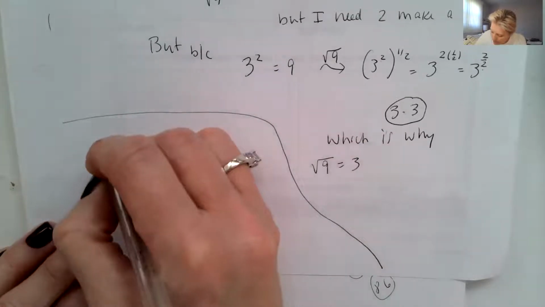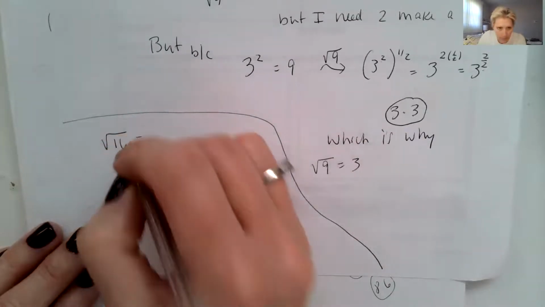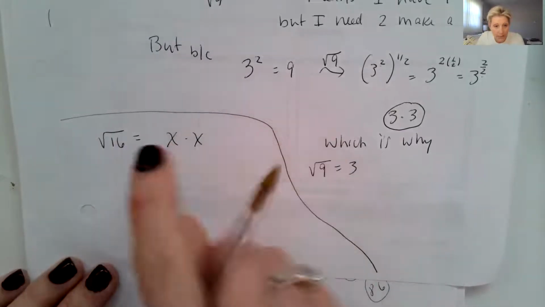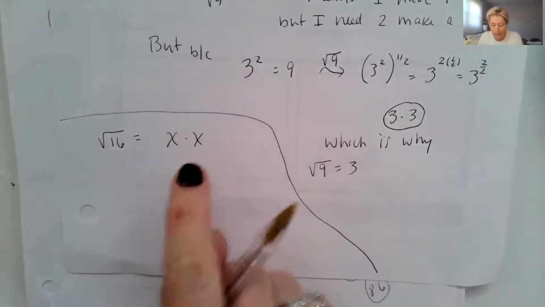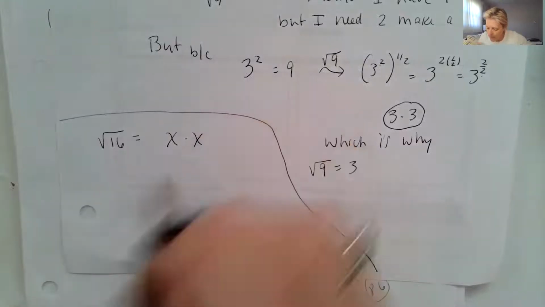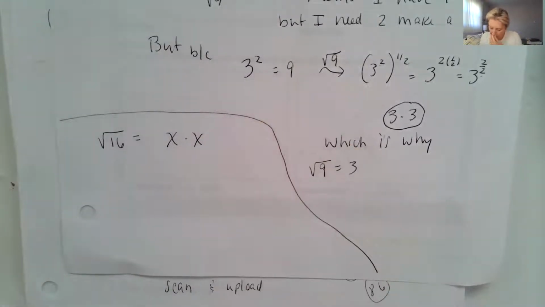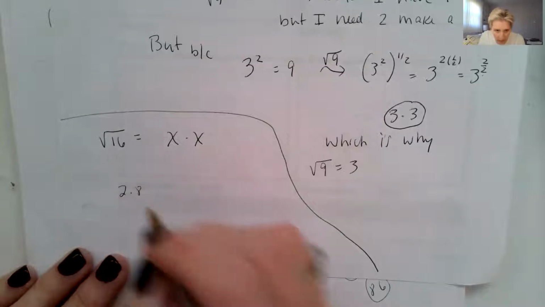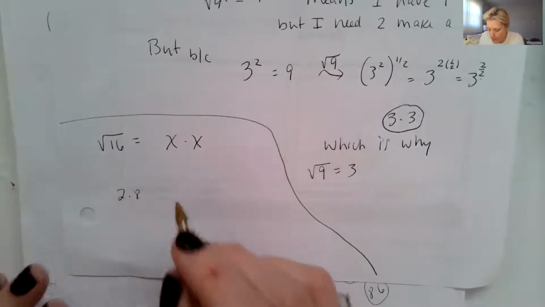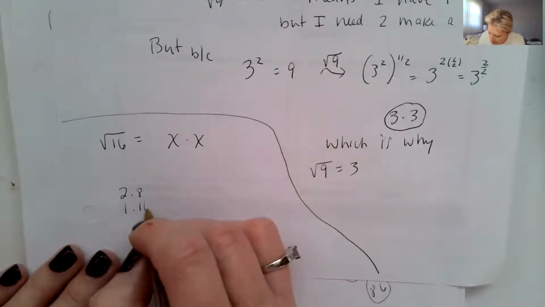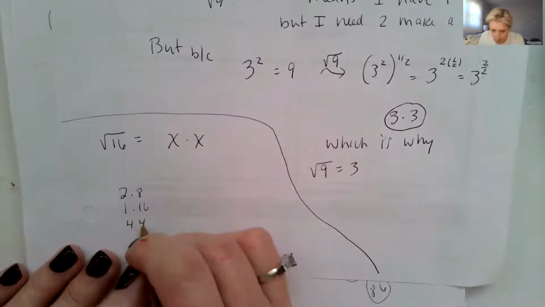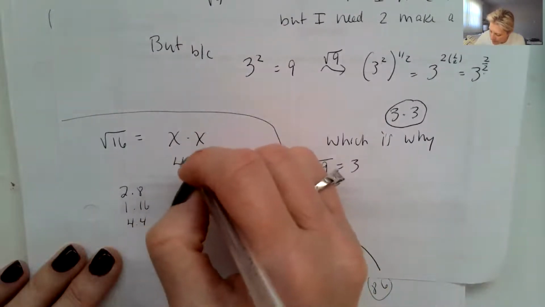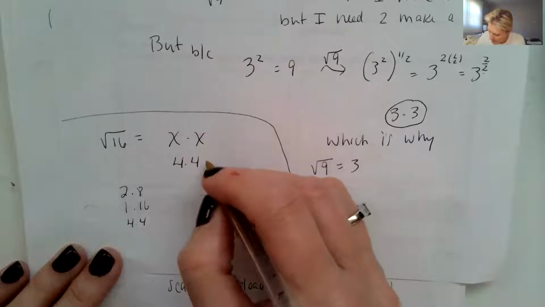Let's say we looked at the square root of 16. So we're looking at two numbers. It has to be the same number, right? Multiplied by itself twice to get to 16. So I could say we've got 2 times 8, but that's not the same number multiplied by itself. We've got 1 and 16, but we also know we've got 4 and 4. So because 4 multiplied by itself makes 16,